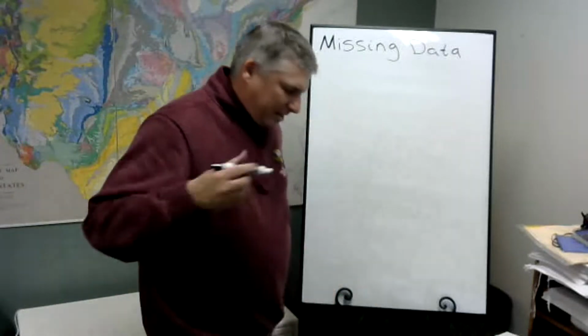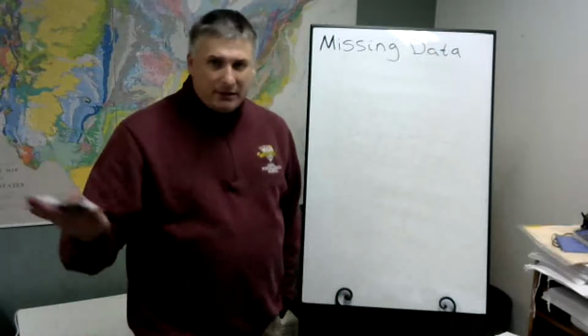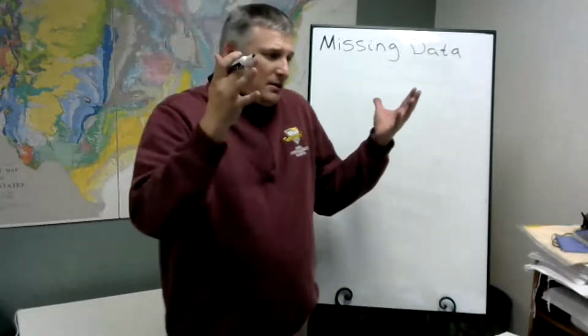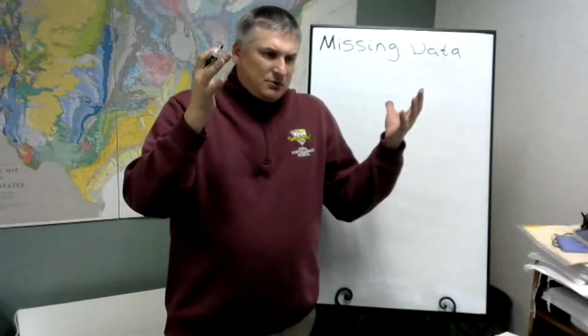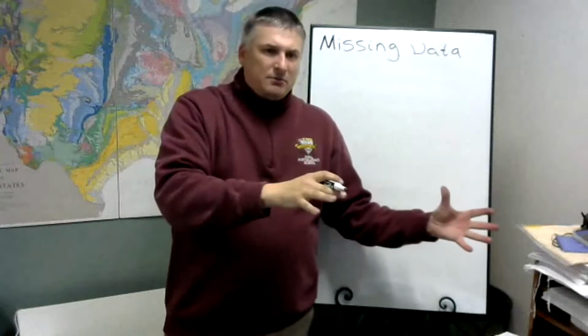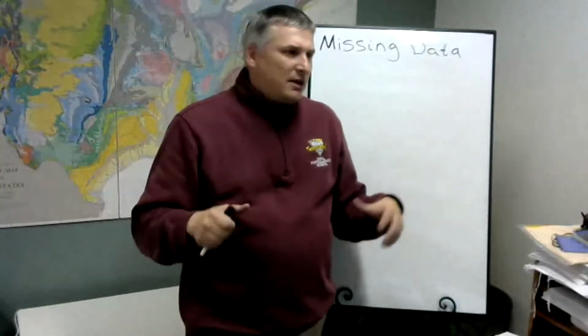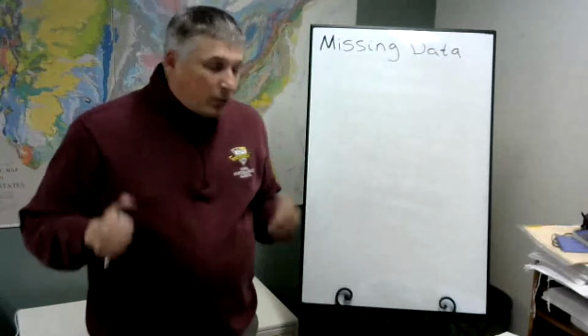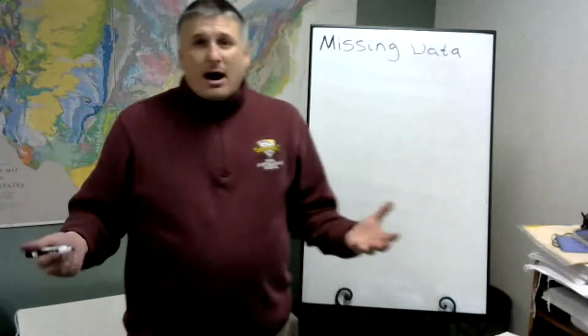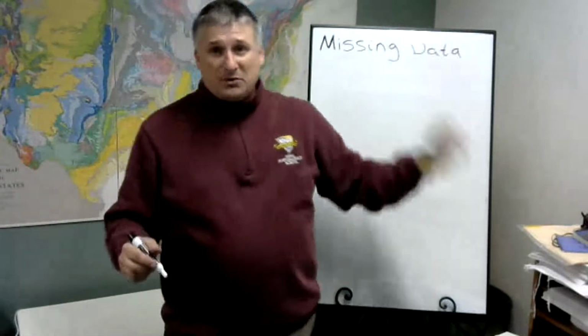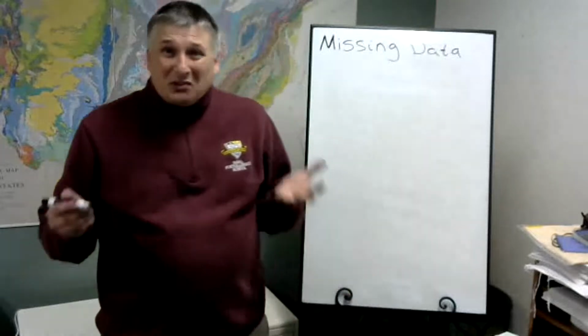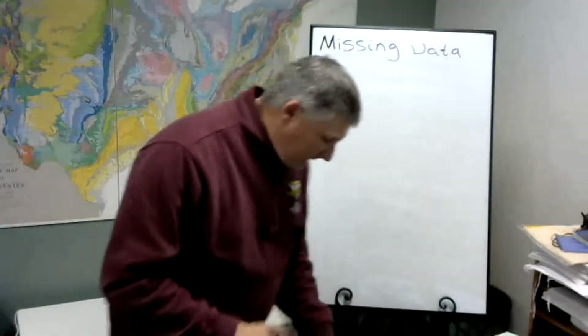Now, when data is missing completely at random, again, there's no reason why one value is excluded rather than another. It's all random. You're as likely to have a yes missed as you would a no missed. When you're in that situation, one of the options was just to remove those subjects, basically just ignore them. But